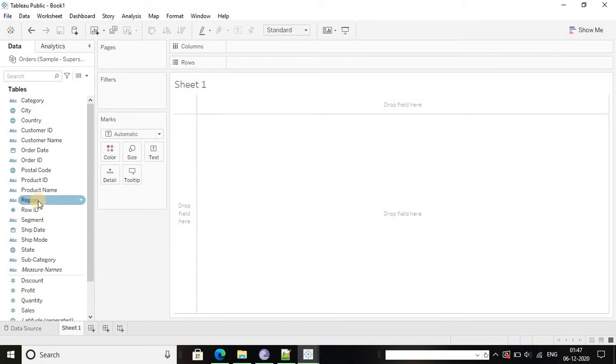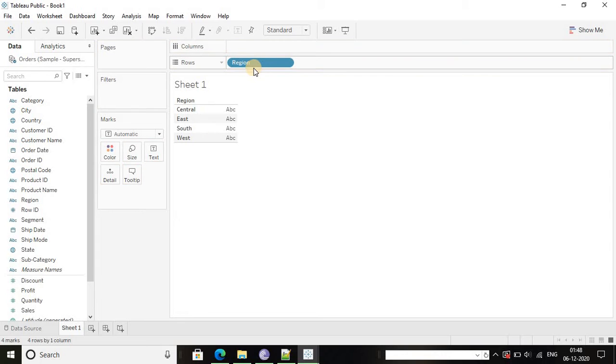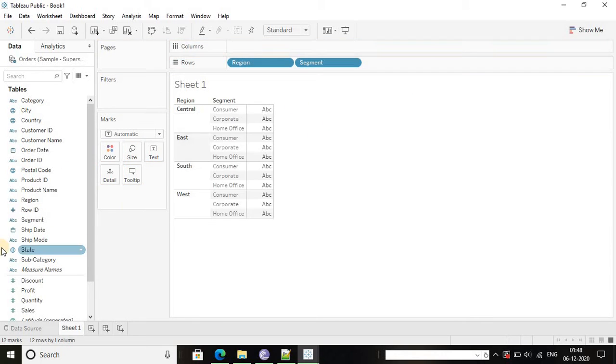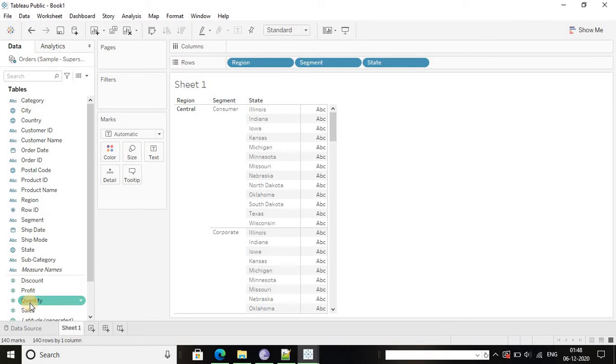I am going to map a graph to show the total sales region wise, segment wise, and state wise. So I'm going to construct the map, with region wise, segment wise, and state wise total sales.